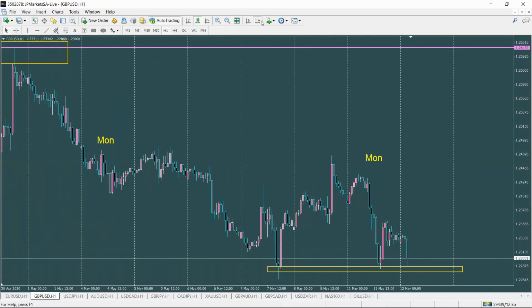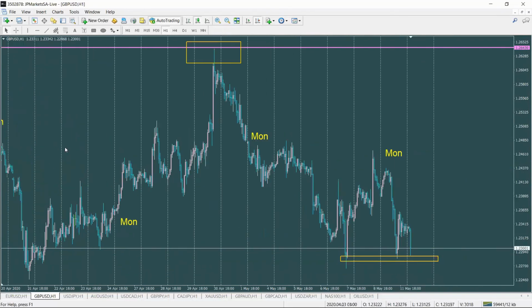I'm looking forward to GBP JPY rejecting this level, this very same level that it just rejected again here, and flying up to the highest, which has been tested a lot of times also, and I believe that it's gonna